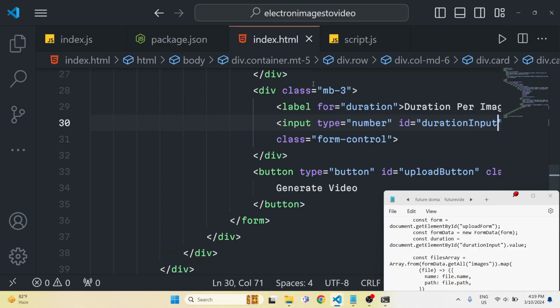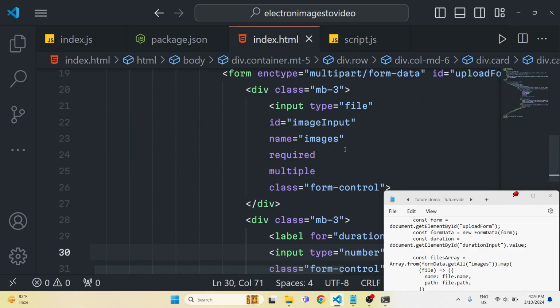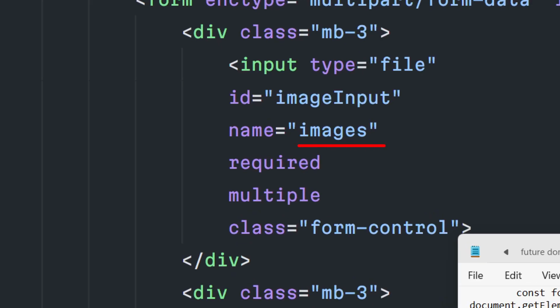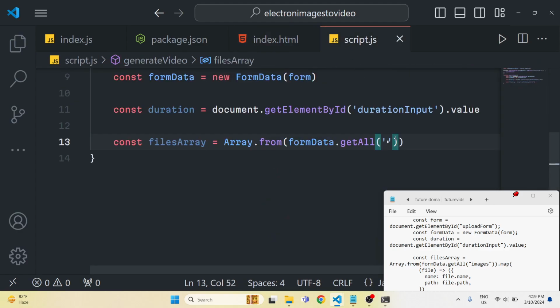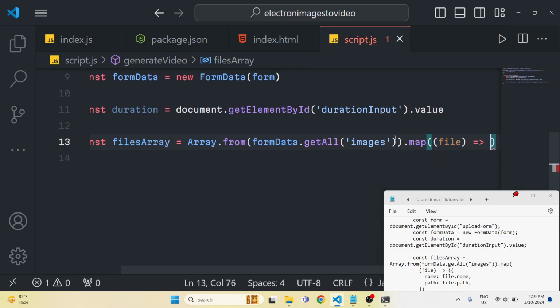If you see in the HTML, we have given a name parameter to this. So this is required, images. We are just targeting this, and here we just need to write images. It will capture all the images selected, and then we need to simply loop through. So we can say dot map, it's an array. So for each file, what we need to do,